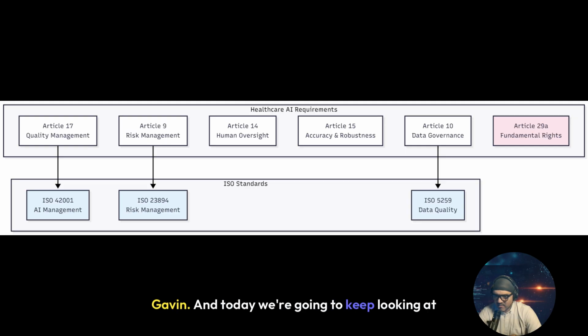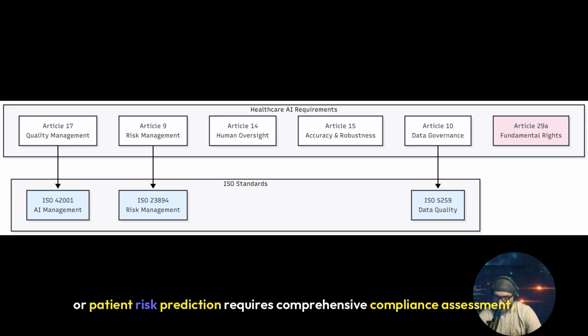And today we're going to keep looking at adaptations I've made to my tool in SageMaker. Today we're focusing on healthcare. In this example, we're using a company called Healthcare AI, and Healthcare AI is classified as high risk under the EU AI Act. Any AI system used for medical diagnostics, treatment decisions, or patient risk prediction requires comprehensive compliance assessment, including a fundamental